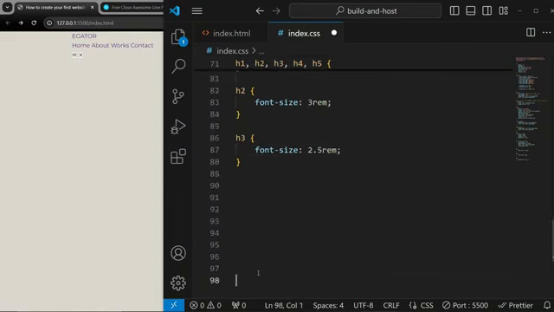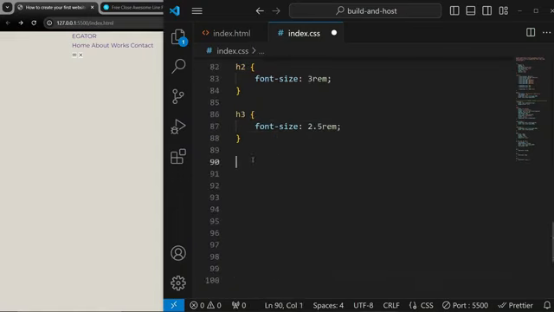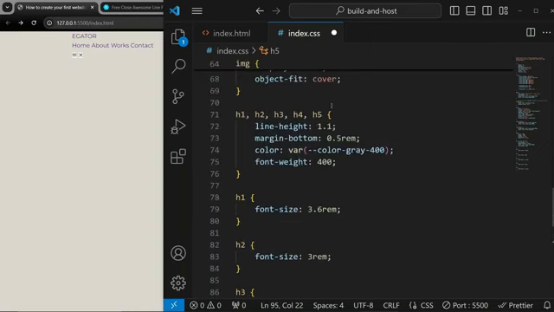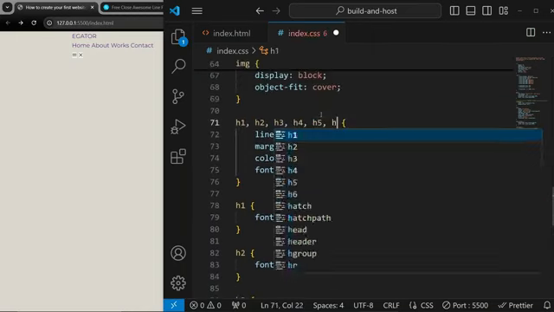Let's target the H4, give it a font size of 2 rem. Let's target the H5, give it a font size of 1.5 rem. And lastly, the H6, which I don't think I even used, but I'm going to target that